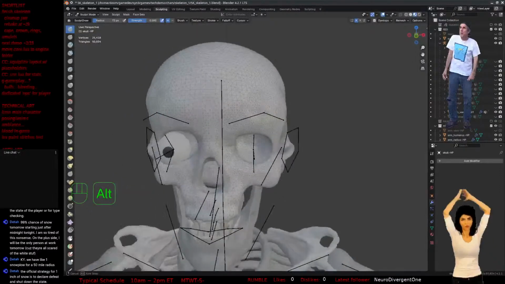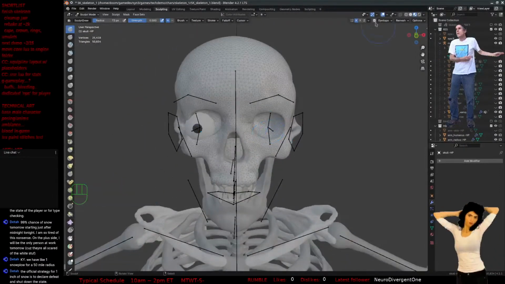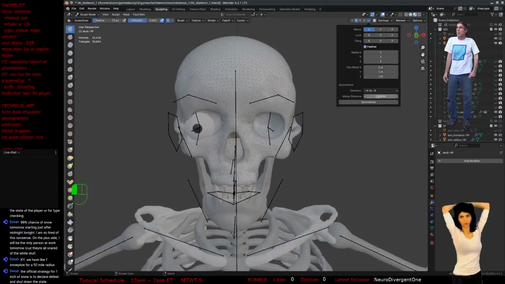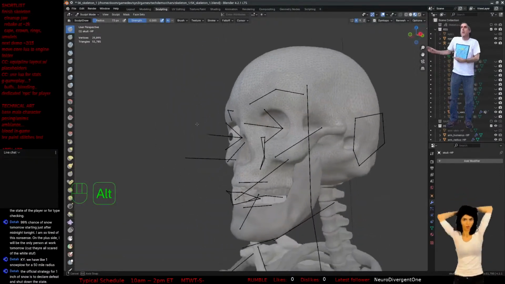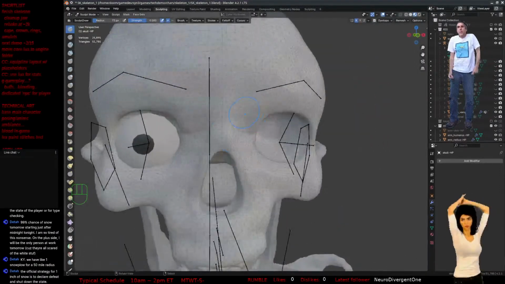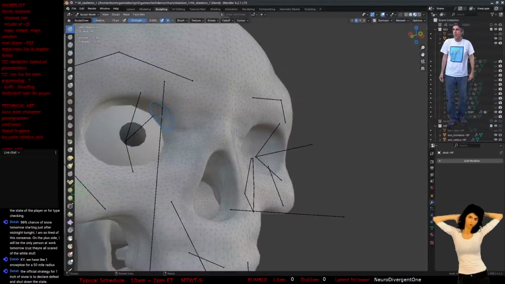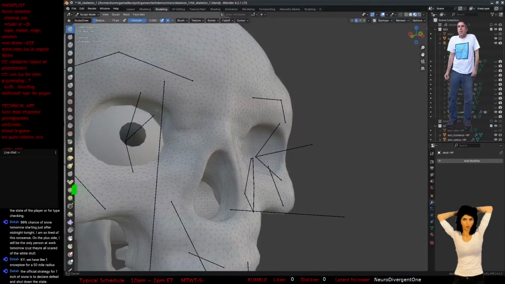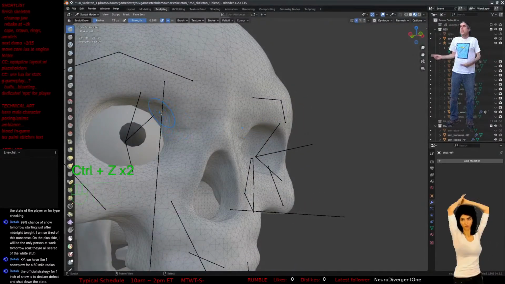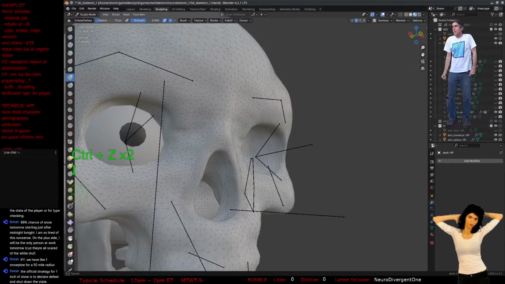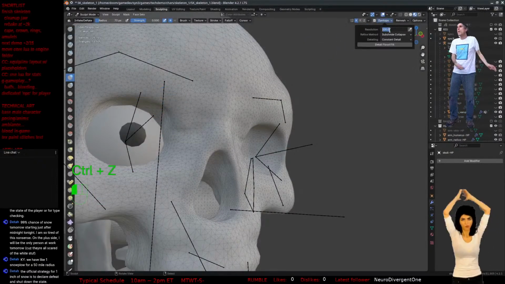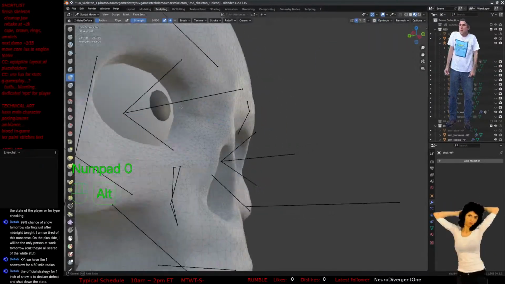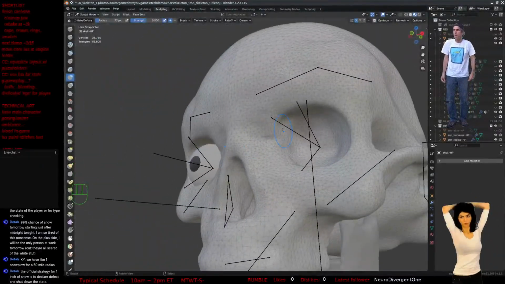Oh, we got to mirror it. Symmetrize it like that. All right, so can we, do we want to inflate that? No. Let's go back to 300 mesh resolution and